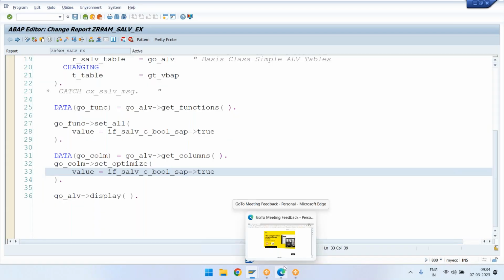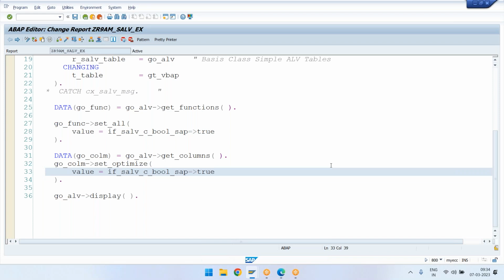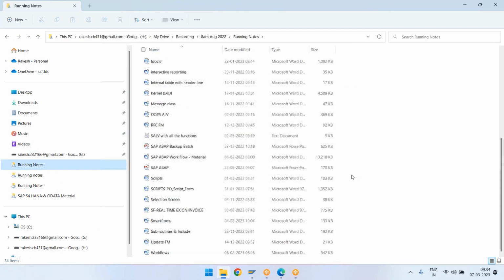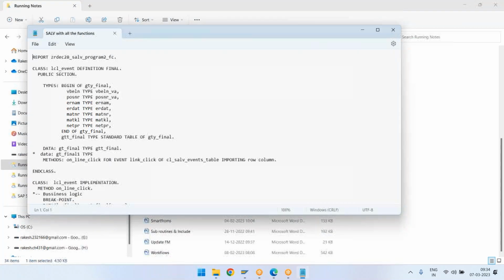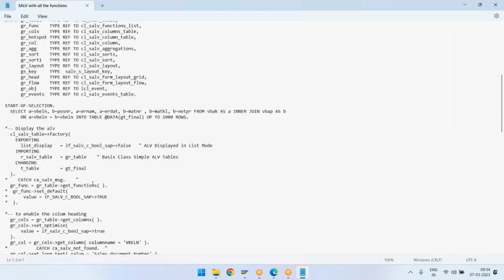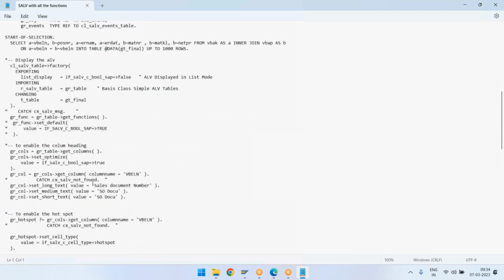Now, if I want to change the field properties, so if you want to provide your own field name, I've just provided all your function list. If I go here to your classes, this is CL_SALV with all functions. In the form of OOPS only I have written this code. So the first thing is set optimize. Now if I want to get your columns, so you will be having